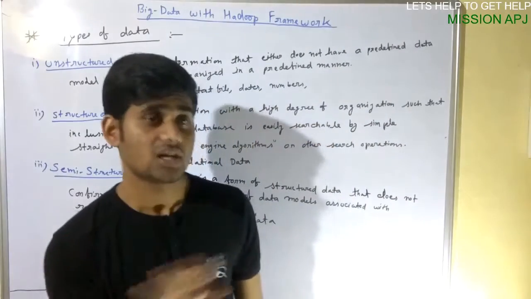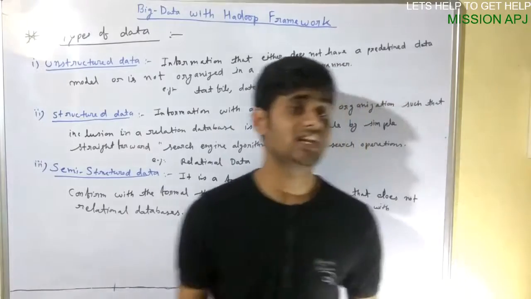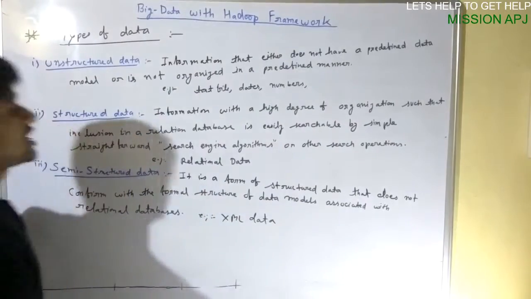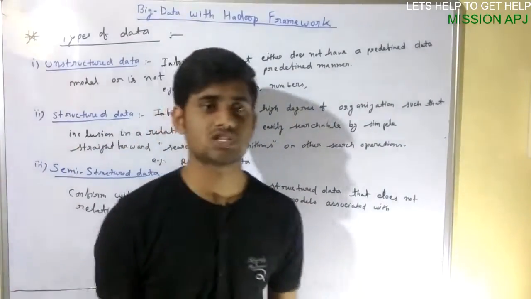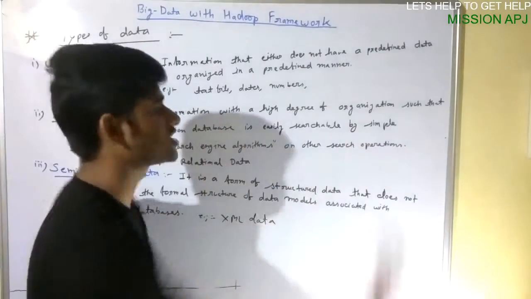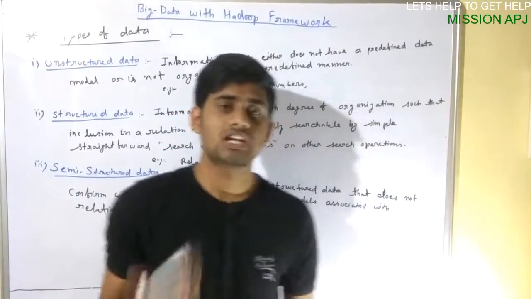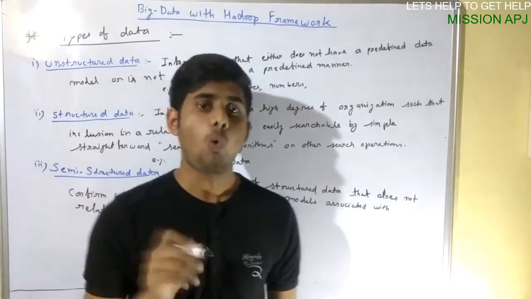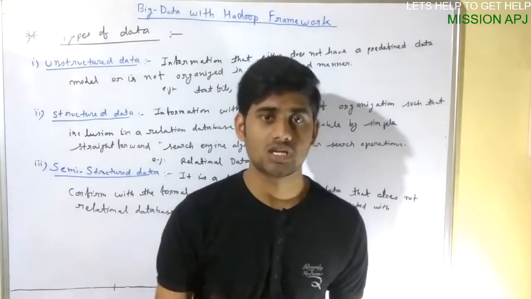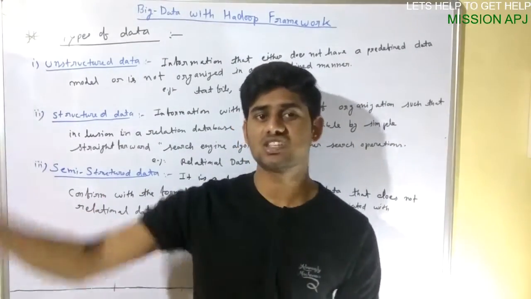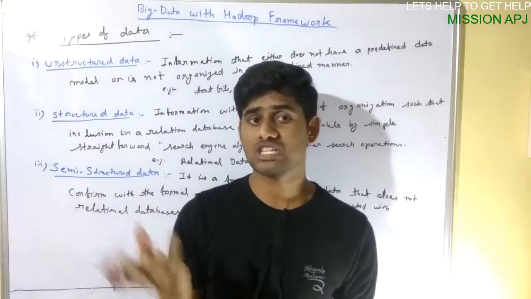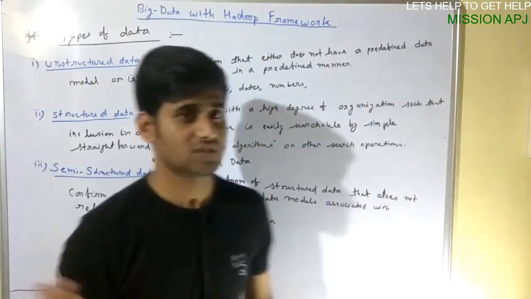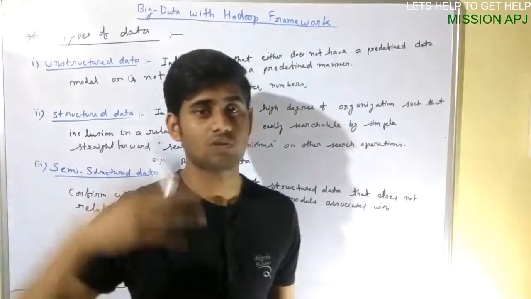So we say that this is relational data, and we store relational data in an RDBMS, a relational database management system. Structured data means data which is related to each other and has a very high degree of organization. High degree of organization means the data we are storing has some tag with it, so that we can identify what the data is about and get the information. It is not like text that is stored where we have no idea what the text means. Without any tag, that text does not have any meaning, so that will be unstructured.